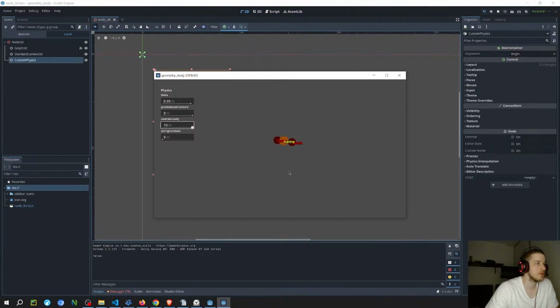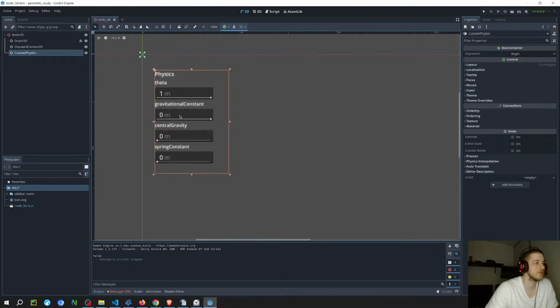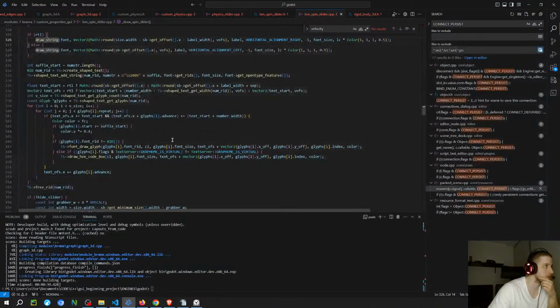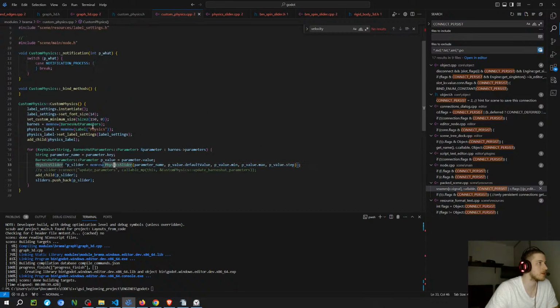There's something weird going on with the ones on this spring. I think it might be because I'm setting the values in the constructor, so the editor doesn't set them. But it's kind of weird because they're set. I'm setting them here, so